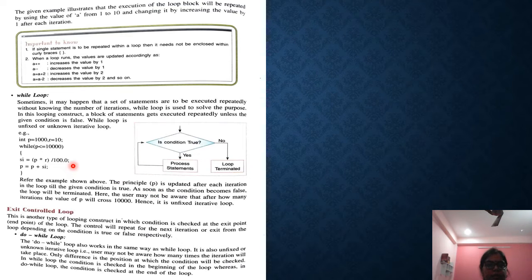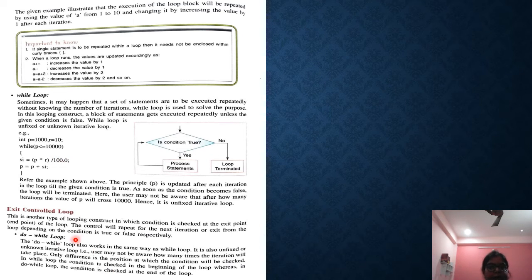In for it is not practical to take large numbers like 1000, 10,000, but in while we can take large numbers as a test condition. So while p is less than or equal to 10,000, here simple interest has been done, and see how it works. It will work till p is less than or equal to 10,000. Okay, so this is also an entry control loop, but this is your while loop.